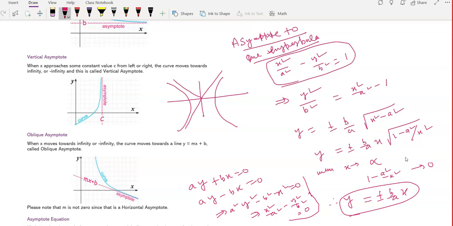Actually, in a very short interval of time, we have to do many things. I hurry, that's why. But we should not do it that way. It will take time. These are two asymptotes. We will start from here in the next class. In a very short time interval, we are doing so many things.